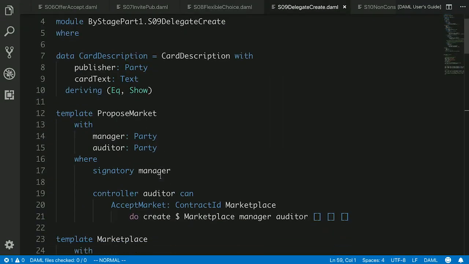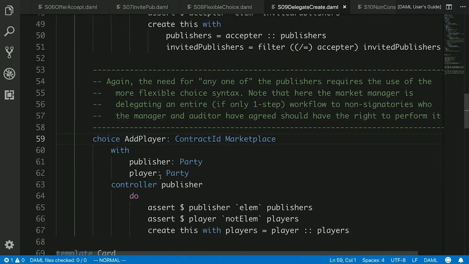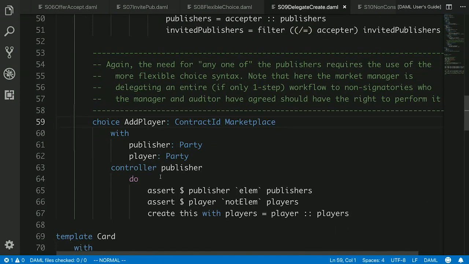Here we are, just move on to delegate. So once the publishers have been added to the contract, we can actually delegate rights to them. Here we're saying the manager and the auditor have agreed that these individuals who are publishers have the right to invite players, and we will manage those players.